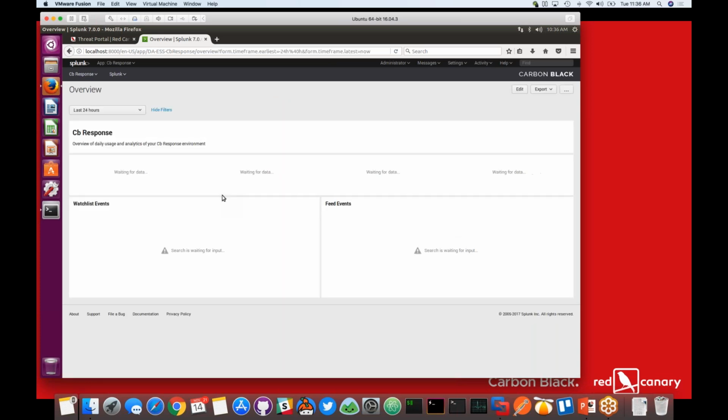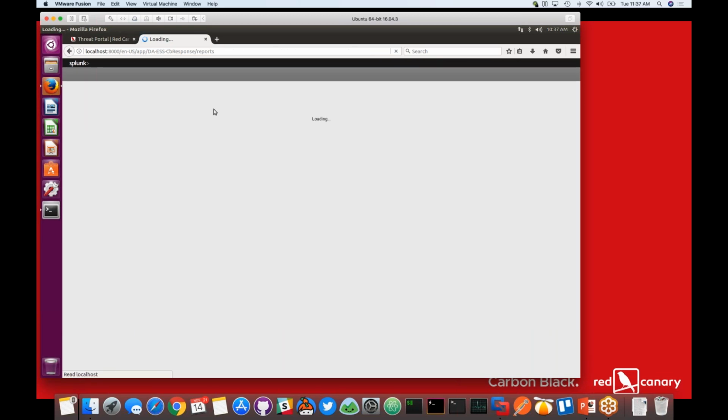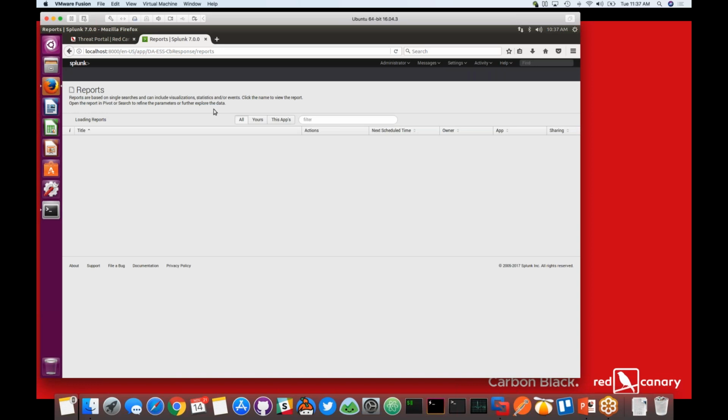We also just had a lot of broad searches. We were just looking for data, looking for behaviors happening in our environment. And that's very much the power of having one of these types of solutions in your organization. You're able to look for things in a very broad way and find out what's happening out there.